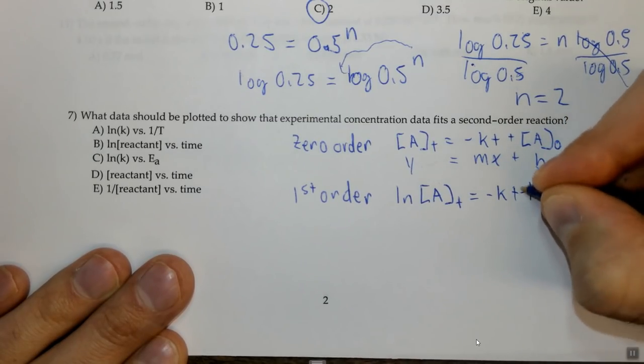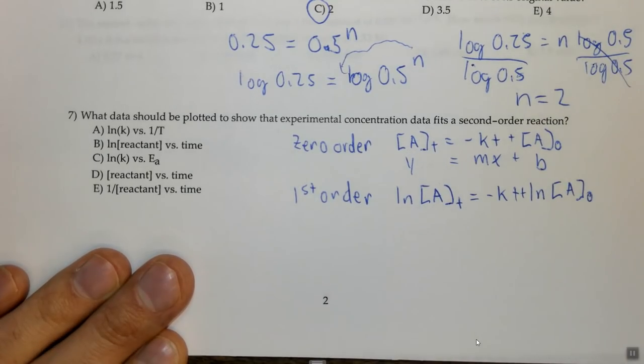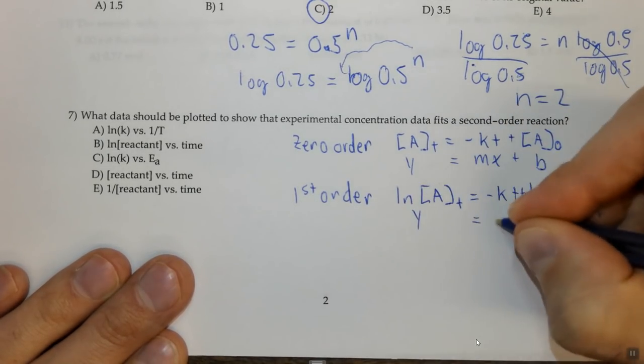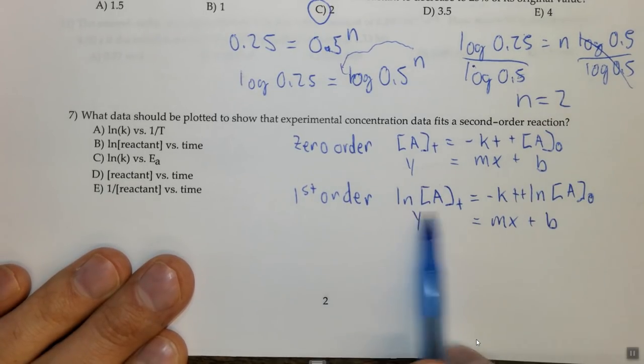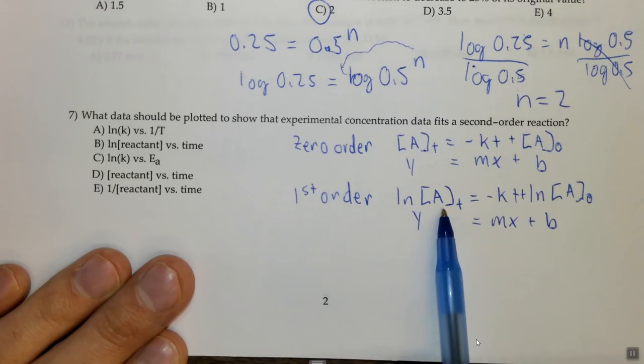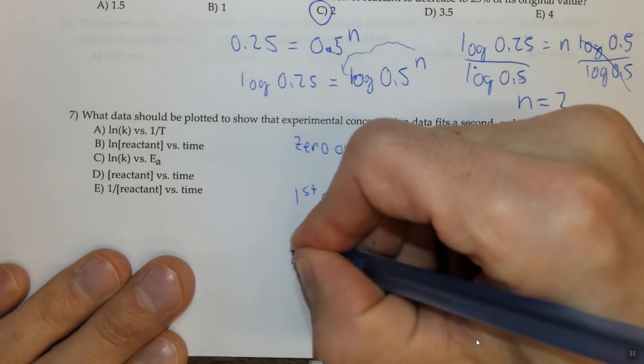plus ln concentration A initially. Again, y equals mx plus b, the equation of a line. The y value would be the ln of the concentration of A, of the reactant, and the x value would again be time. And you're actually going to do this in the lab. For second order,